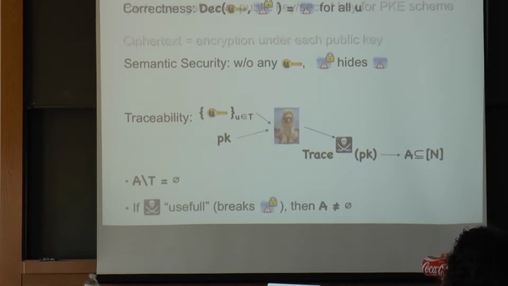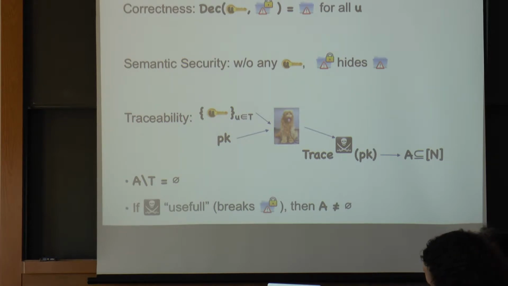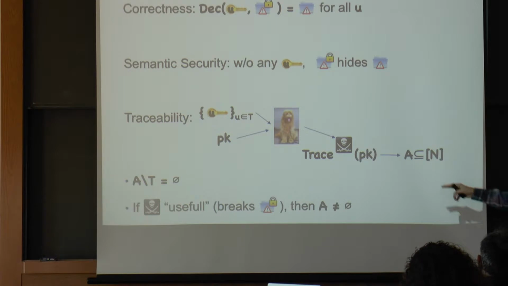Okay, so you put the picture. Yeah, so what's useful here? I'm not formally defining useful, but useful learns a bit of information about the message, any bit. So what does the traceability need? So the tracing algorithm is given oracle access to the decoder. The decoder is produced by an adversary who's given some secret keys, and then we accuse some subset of those. It's oracle access, yeah.